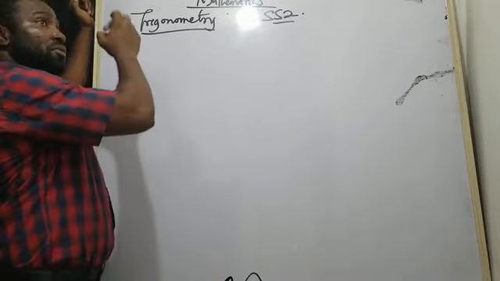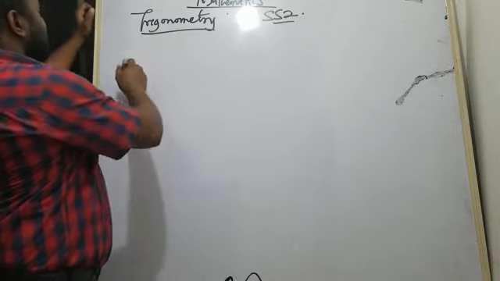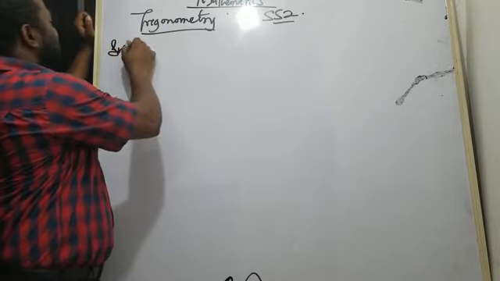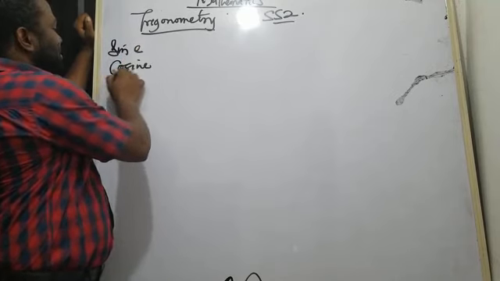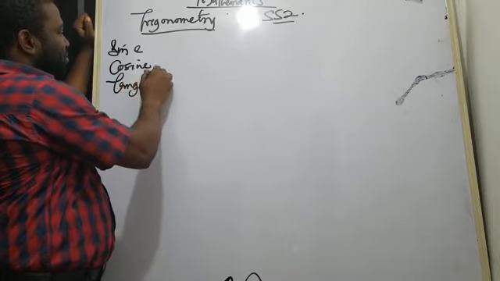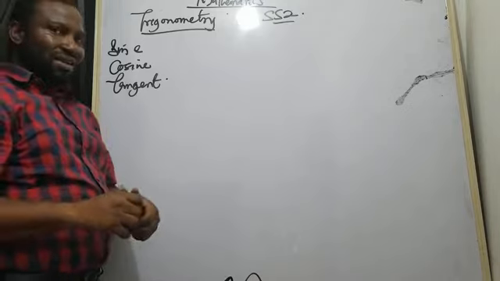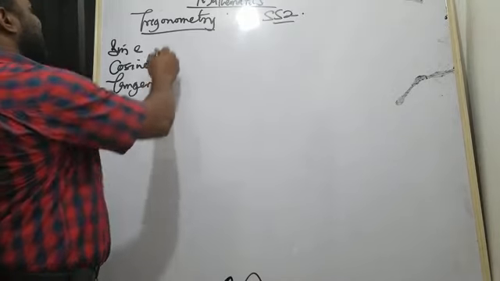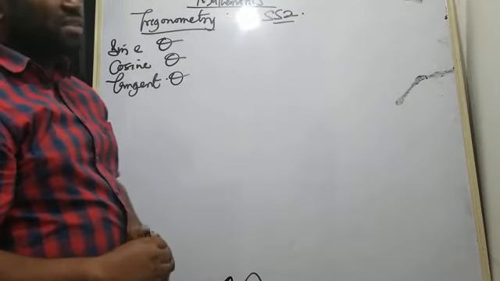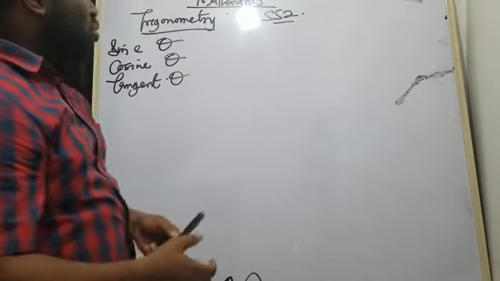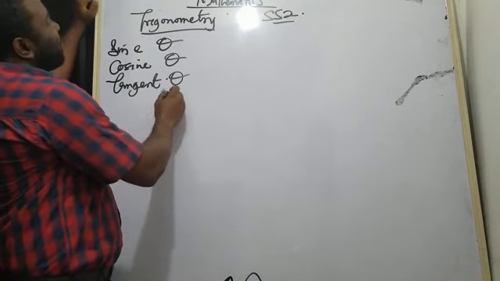Now, we have what we call sine, cosine, and tangent. Okay? Now, what we call sine, cosine, and tangent of theta. Okay? Now, it is important for you to know that for